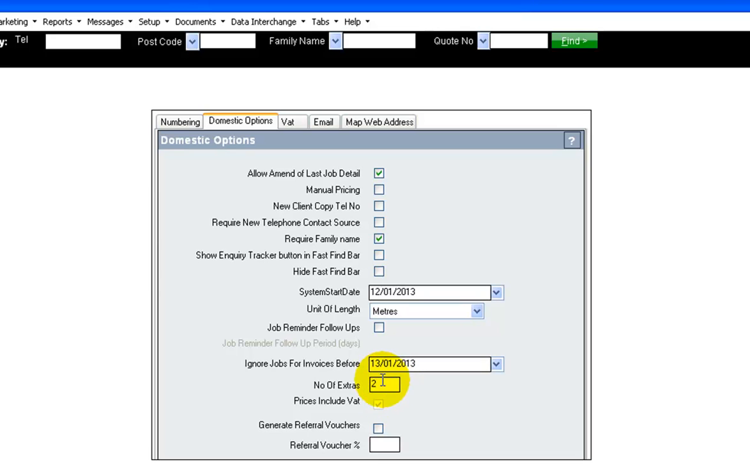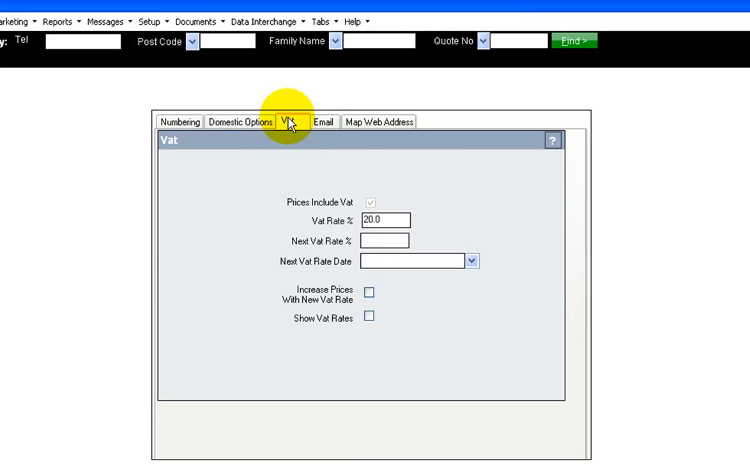So the next one we need to look at is VAT, which is the next tab along. In here, you'll notice that it's marked as the prices include VAT. It's ticked by default and you can't change it. And the reason for that is the VAT office, Customs and Excise, actually prefer you to quote prices including VAT to domestic customers. So the system defaults to calculate a price including VAT at the percentage that you put in